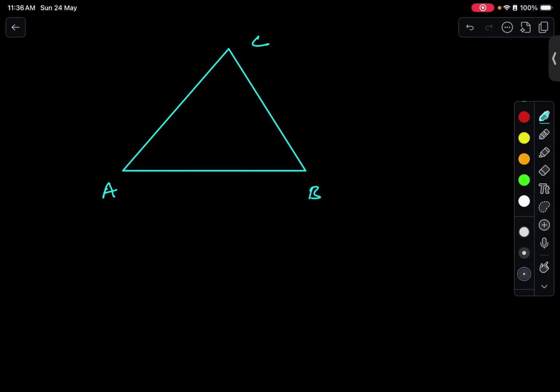Today we will go with the question only, then I'll briefly explain what we are thinking, how we are thinking, and what we have to do. Let this triangle be ABC. And now in this triangle,